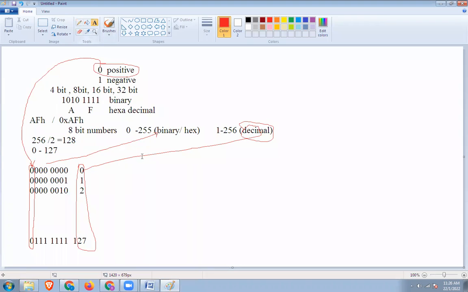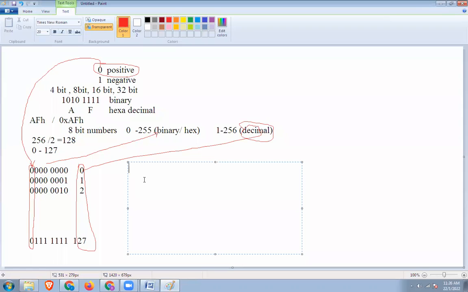Now, if I want to represent negative numbers, I will show you here the remaining numbers, from 128 to 255. This much will be the series in my hand. So I will say this series belongs to negative numbers. If I write this number 128, its equivalent binary number is